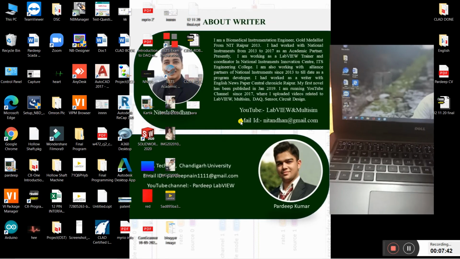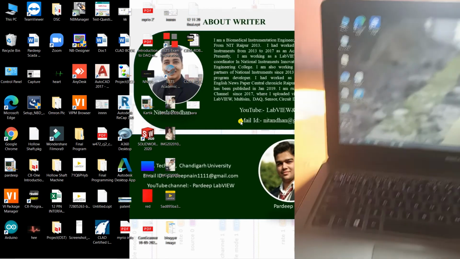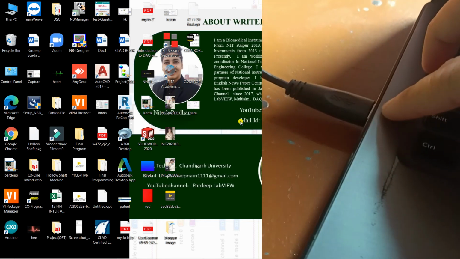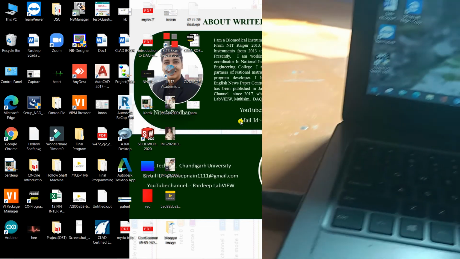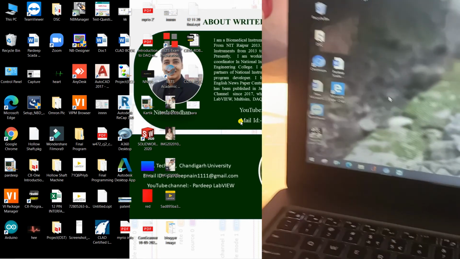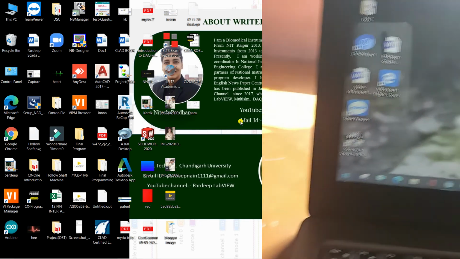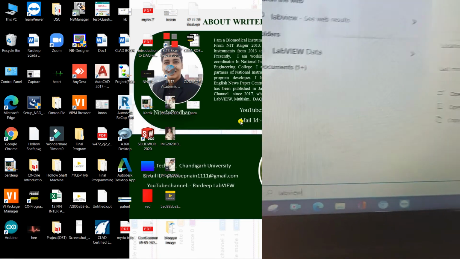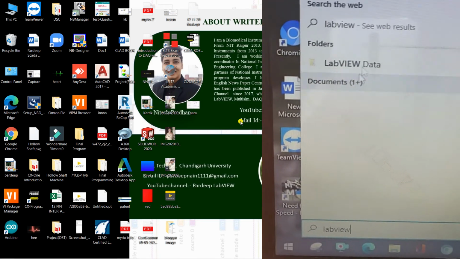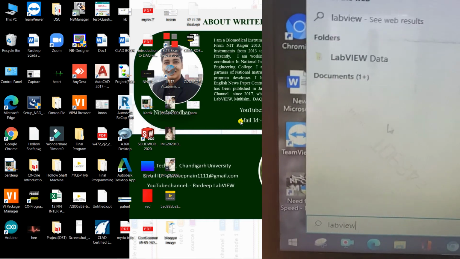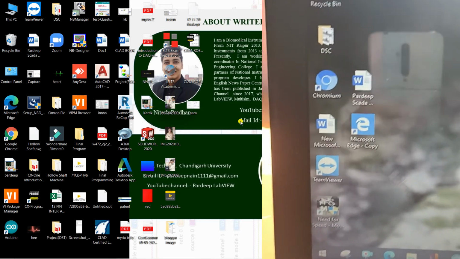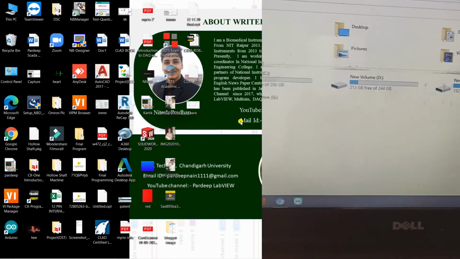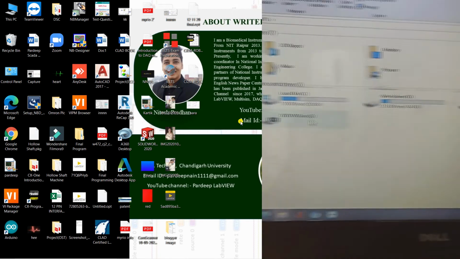Now you see it's my spare laptop, a Dell. Now I attach my disk here. You can use your pen drive, because now I'm pasting that folder on the spare laptop. I'm telling you this laptop doesn't have any software. You see, there is no software about LabVIEW. So that's why now I'm trying to install the application. Now open your drive.